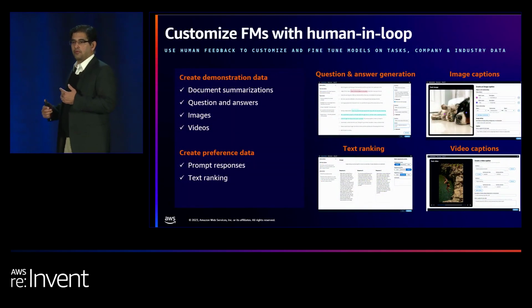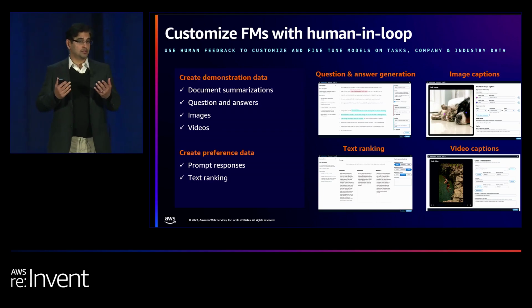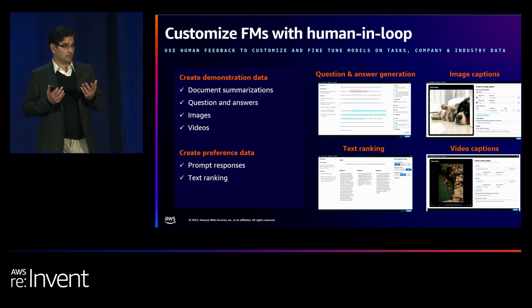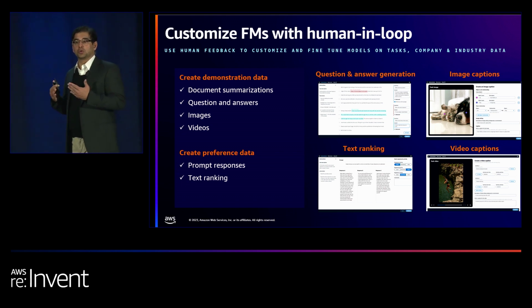So some of the key areas we have been working with our customers on is providing data for customization of their models. We have helped them and continue to help them customize foundation models with human-in-the-loop capabilities by creating demonstration data. Customers choose to use their own workforce, or they choose to use our workforce with our workflows. These have been around document summarizations,